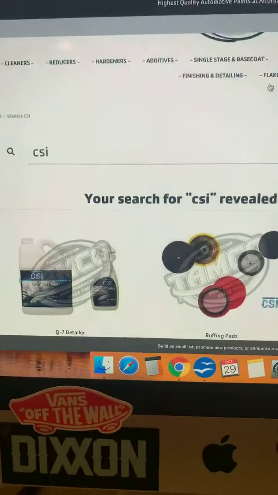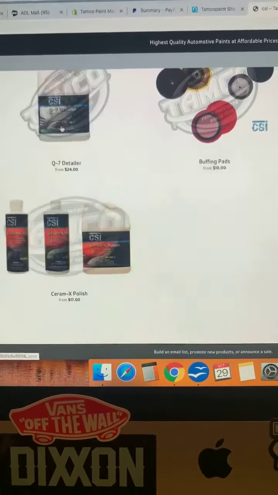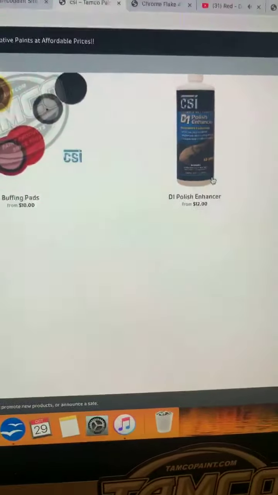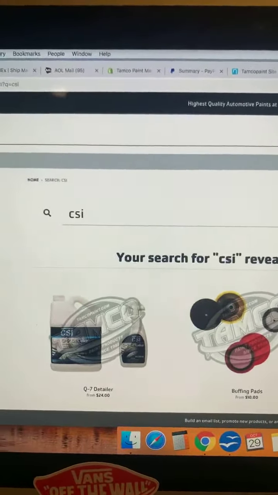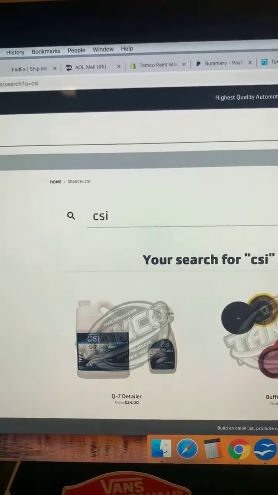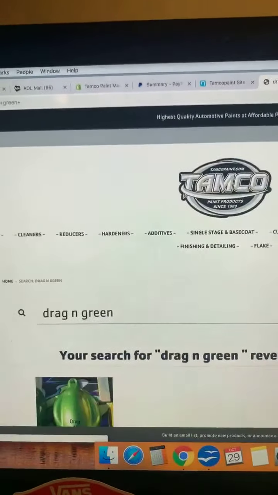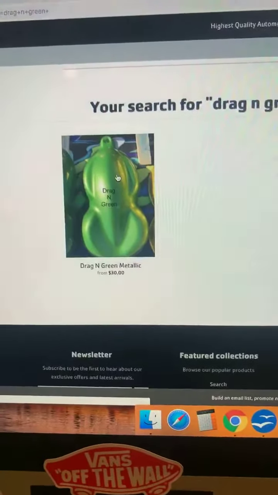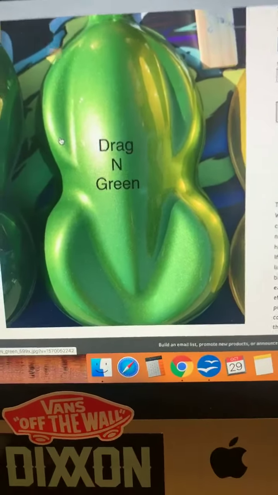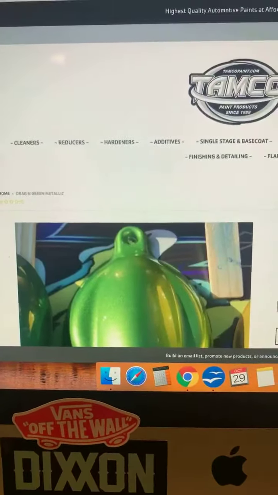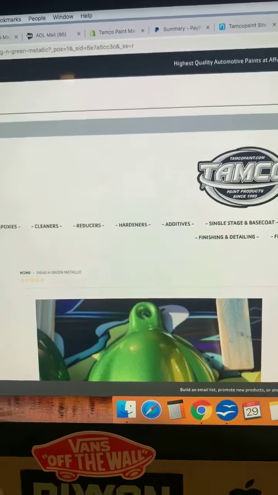You type in CSI, and instantly the items that we have from CSI will show up, whether it's the polishes, the detailer, the pads, or the enhancer. So all of these items are on here. Whatever you want to search will come up. If you want to search a color, let's try typing in dragon green and see what happens. It instantly knew here. So if you see a color that you've been wanting, but you don't know where to look for it, but you know the name, then you could just go up to the search and type for it. If you want to look up $8.95,